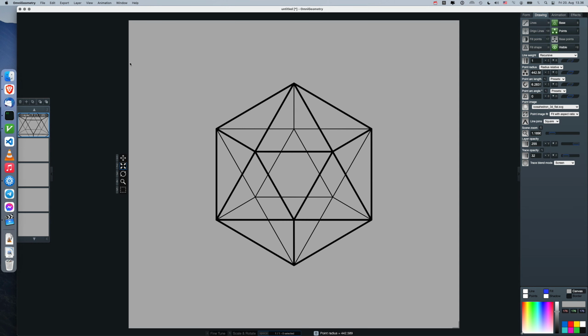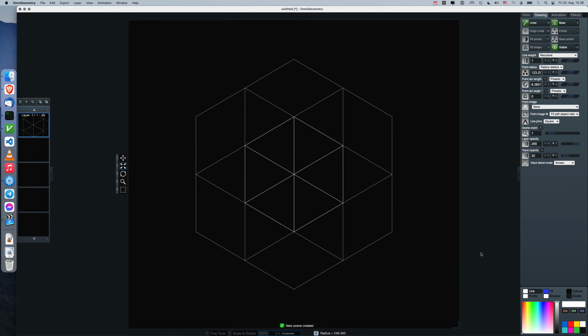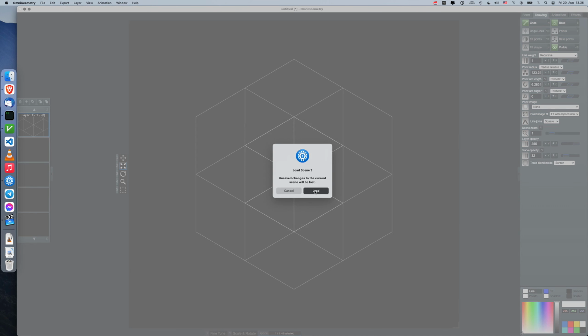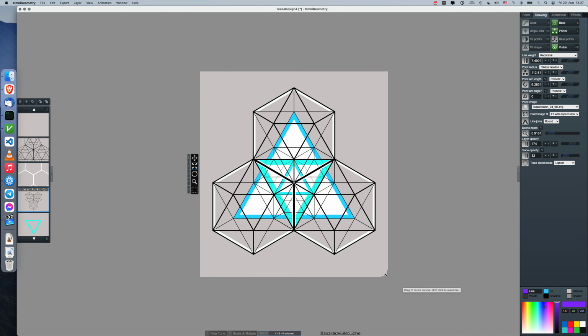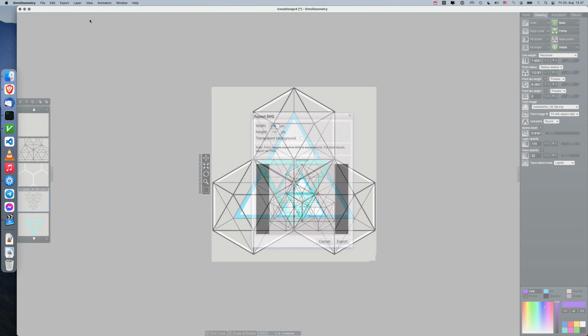And okay, the other new feature that is pretty exciting is that you can now export your scene as a scalable vector graphic. So let me open up a bit more beautiful scene I made utilizing point images also. Here you can see I have a beautiful scene, and let's say I wanted to use this scene in my other OmniGeometry designs. So now I can export this whole scene as an SVG, and it says here that